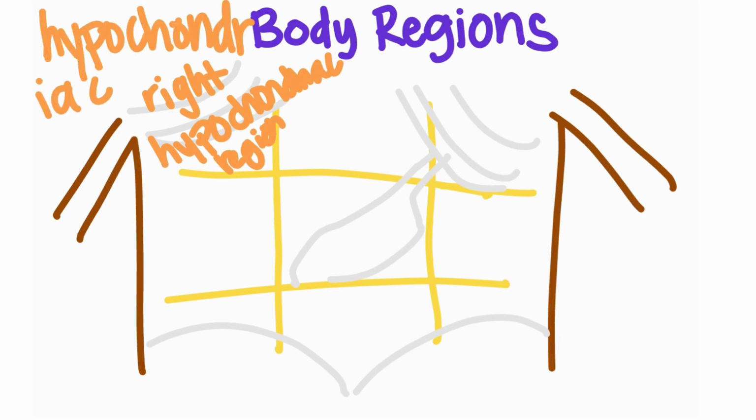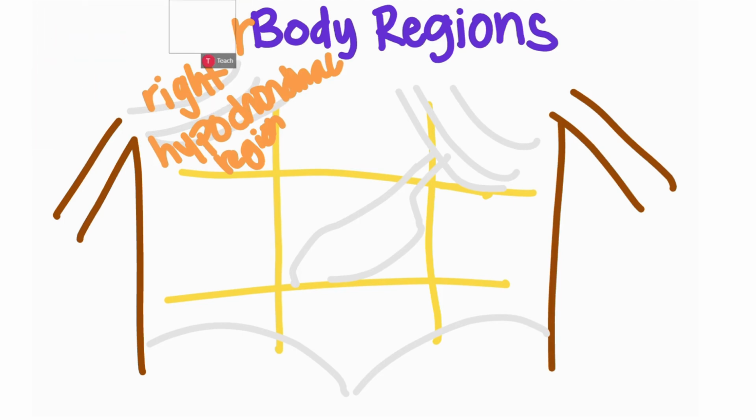So, iac means pertaining to, and hypo means below, and chondr means cartilage. So below cartilage area is the hypochondriac region, and it's labeled like that because it's below the ribs, which are full of cartilage. So if that side is the right, the other side is going to be the left